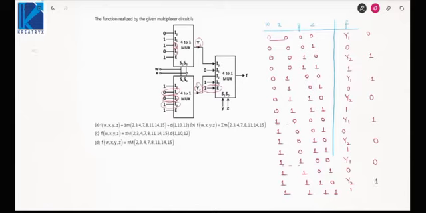So, at which locations are we getting 1s? At second location, at third location, at fourth location, then fifth, sixth are 0. At 7th location we have 1. 8th we have 1. 9, 10 are 0. 11 we have 1. 12 is 0. 13 is 0. 14 and 15 are 1. So, it will be 2, 3, 4, 7, 8, 11, 14, 15. Answer would be B. Okay. So, I have figured out the output for each and every combination of input. Based on that, we can find the expression.